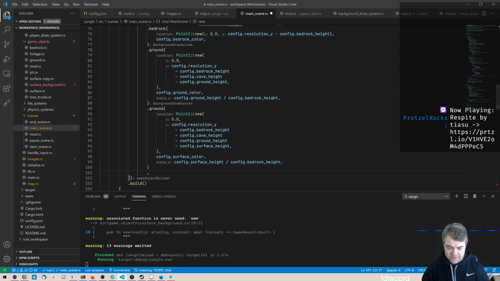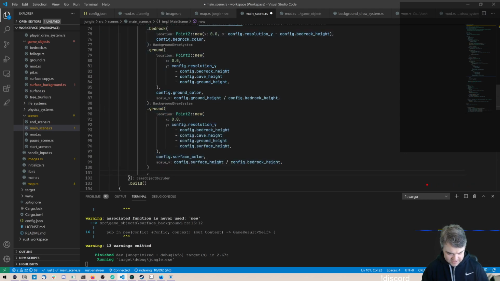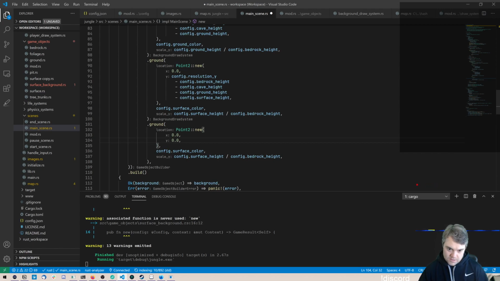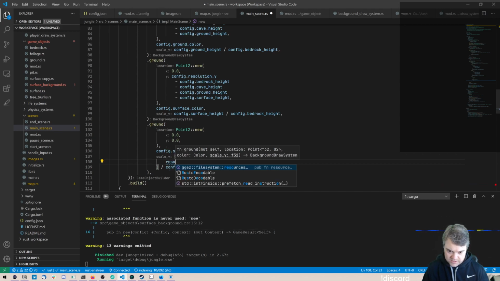Ironically, this is still another ground. I don't know if we should rename it then. Okay, so for the Y, we're actually going to start at 0.0 here. But for a scale Y, this part needs to be a combination of all of the ones below. Well, I guess the ones below minus resolution. Okay, so it's going to be resolution